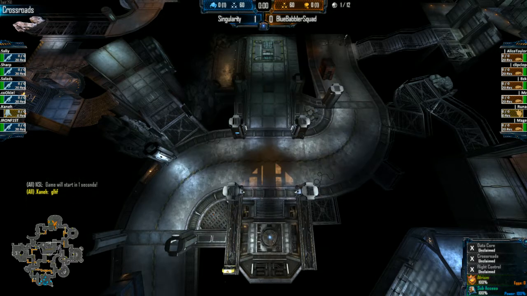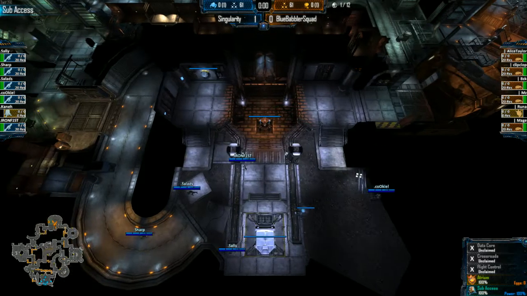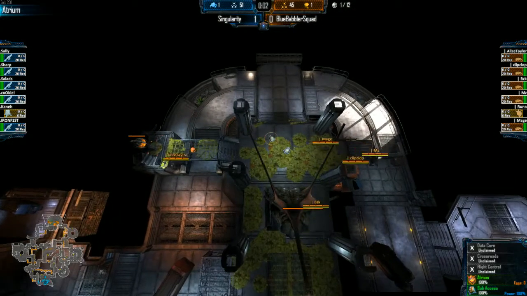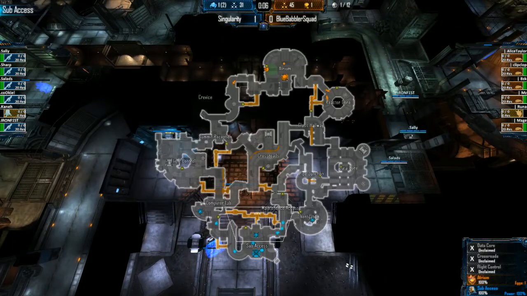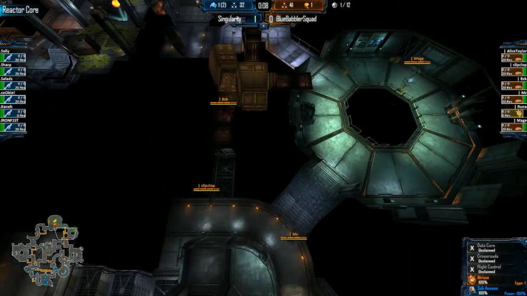Singularity starting here on Summit as Marines. They are starting down here in Sub-Access, while BBS starting here as Aliens on the north end in Atrium. 3-2 split for Singularity. And we may have a...